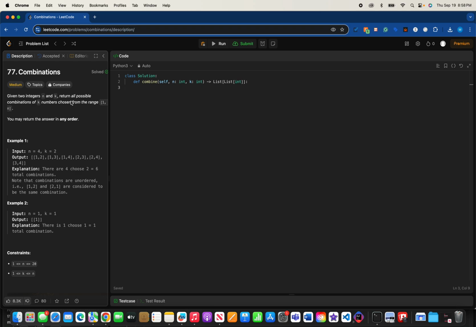Given two integers n and k, return all possible combinations of k numbers chosen from the range 1 to n. So you may return the answer in any order. So in this example, 4 is n, 2 is k. So we can only have two combinations,